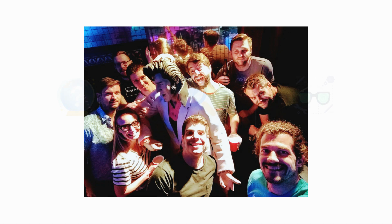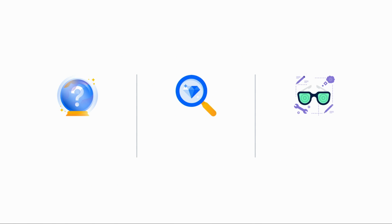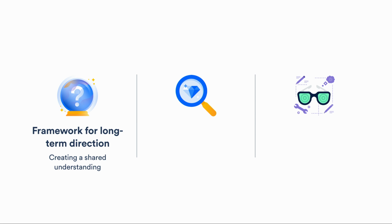Today, my aim is to give you a window into some of these learnings and some of the ways that we utilize these learnings to build out our own roadmap and get to a place where we ship value to customers. I'm going to start off by talking about the framework that we've recently utilized across all of Atlassian